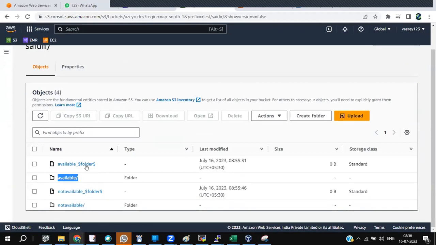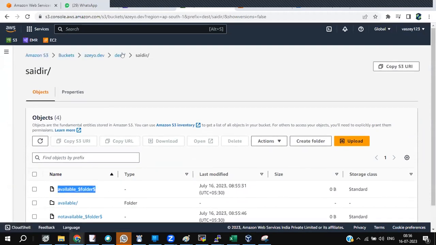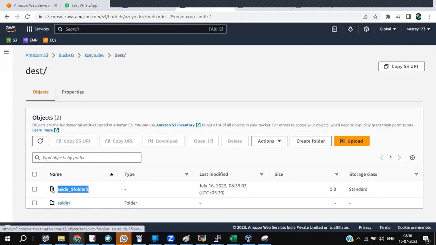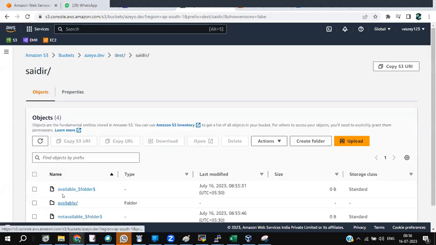Can you see that, all of you? Leave aside this object, this is just an object. Can you see the available folder? It's a file. For every folder, it creates an object here, folks. When you write so many subfolders, it always creates an object. You know why this object is created? Any idea? See, this is the folder, but can you see it created a file object for that folder? For every folder it creates a file object.